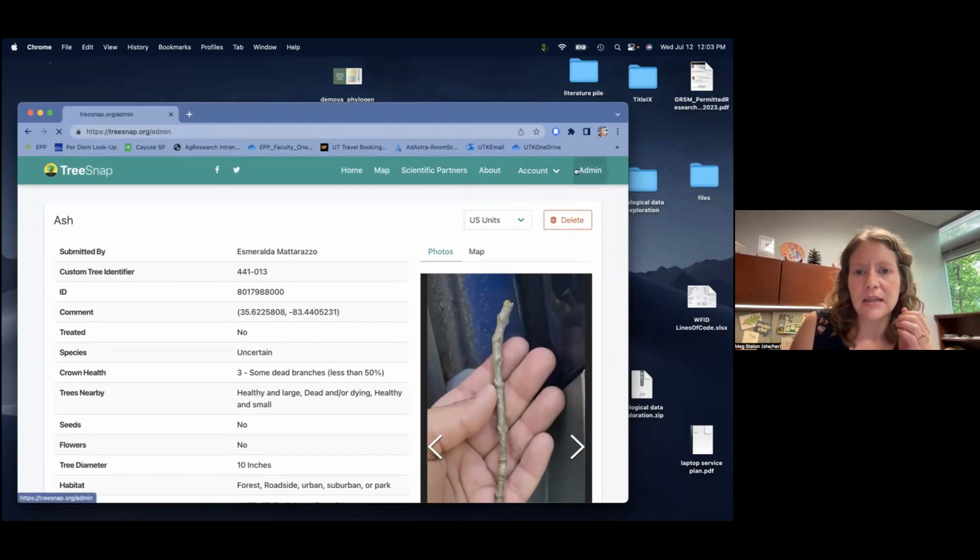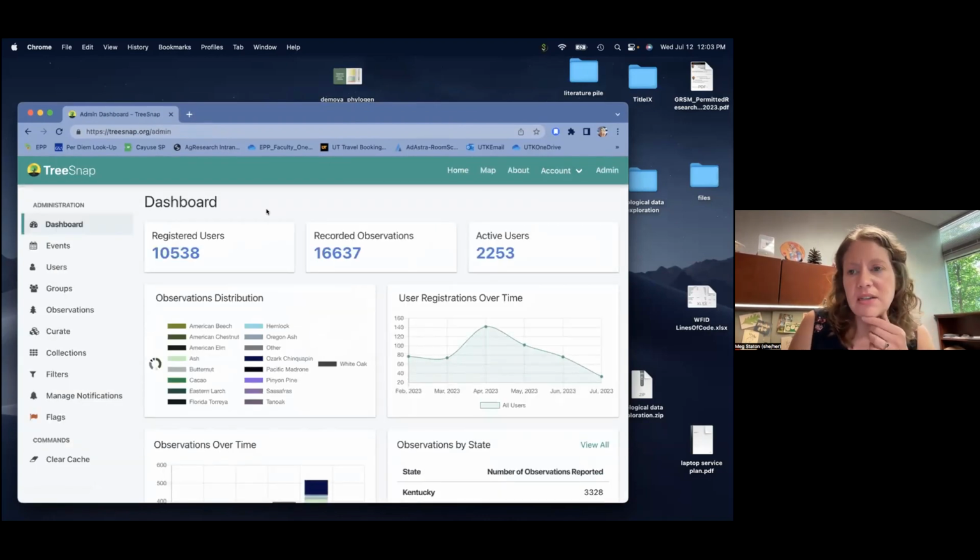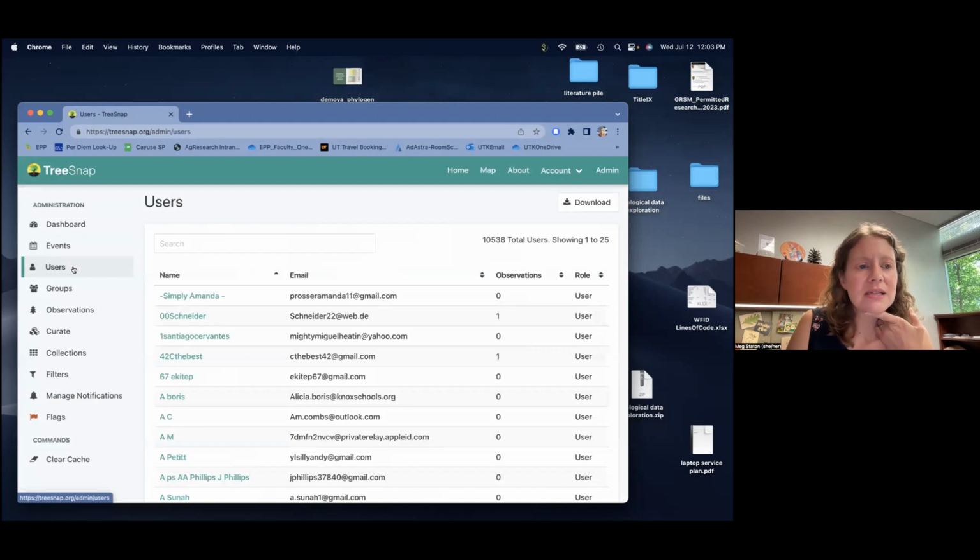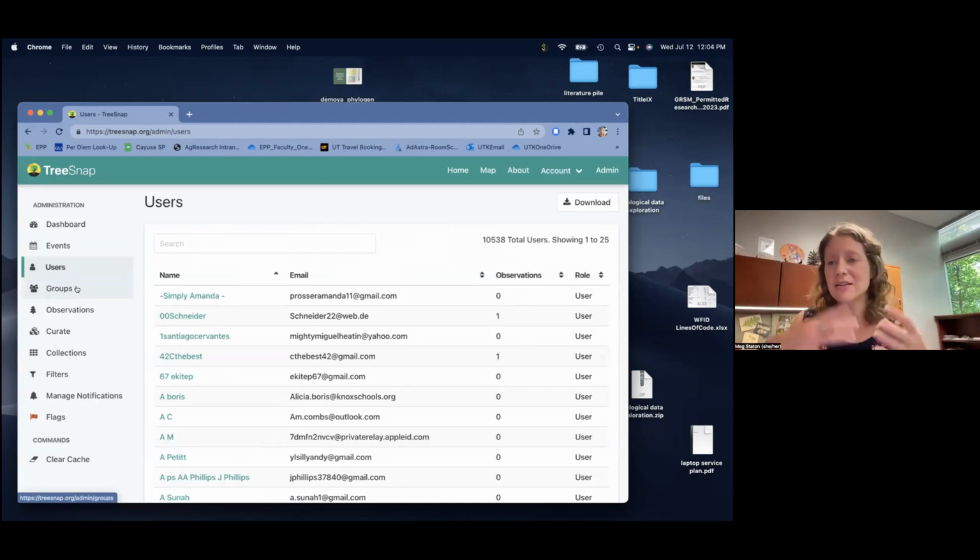Let's see, go to the admin. This is just kind of an administrative dashboard. If you get registered as a scientist, you will also be able to use this. I don't want to take too much of your time, but if you want to use this platform and you're a scientist, you can add users from your group. You can add citizen scientists, you can add your graduate students and postdocs,